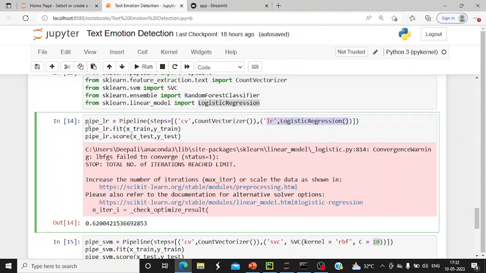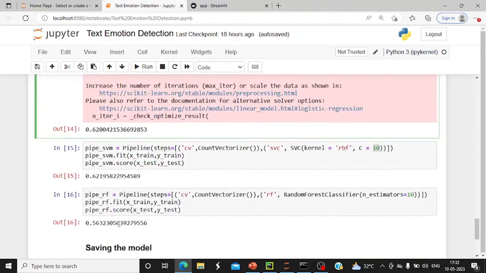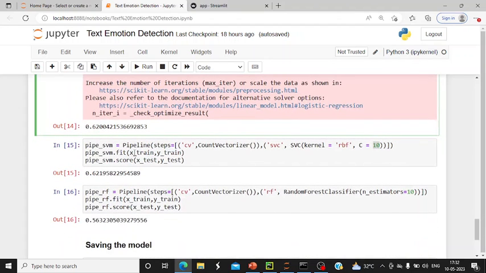After processing this pipeline, we'll fit our model, fit our train data into this model. After fitting the model, we will check the score by evaluating the model using our test dataset. So if we train our model using the logistic regression algorithm, we get the score 0.620042 and so on. Similarly, we have trained our model using